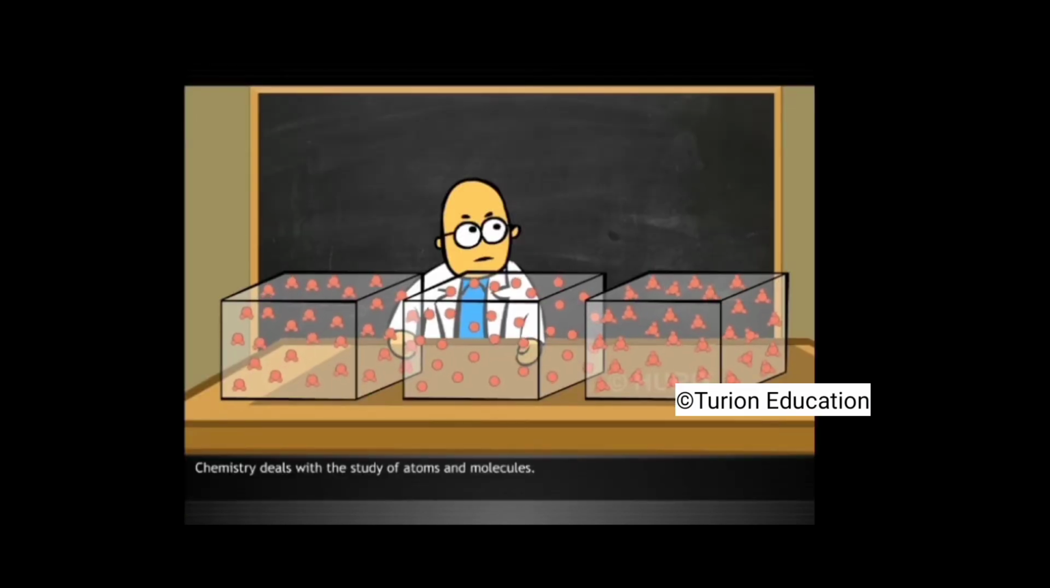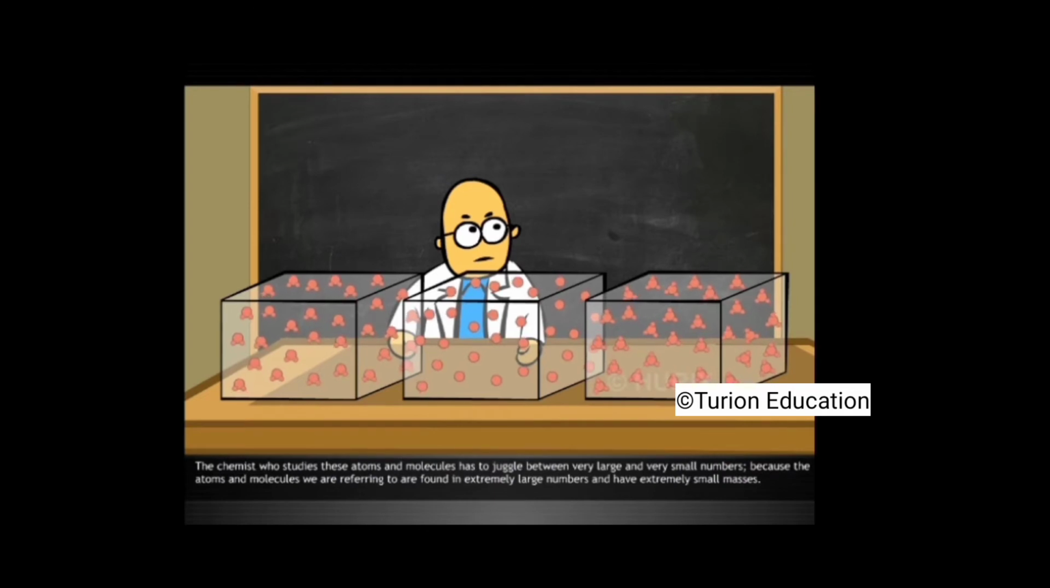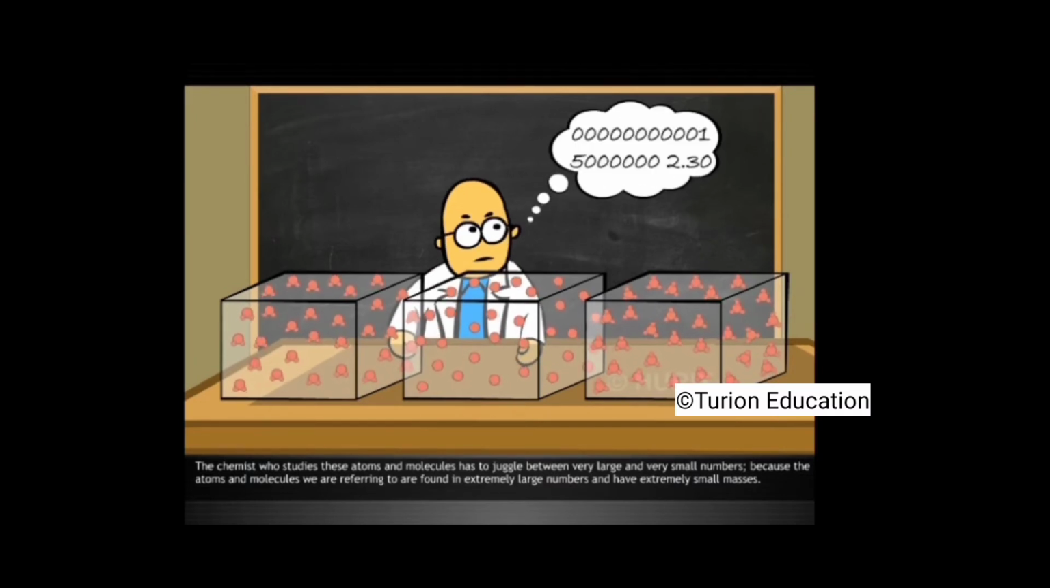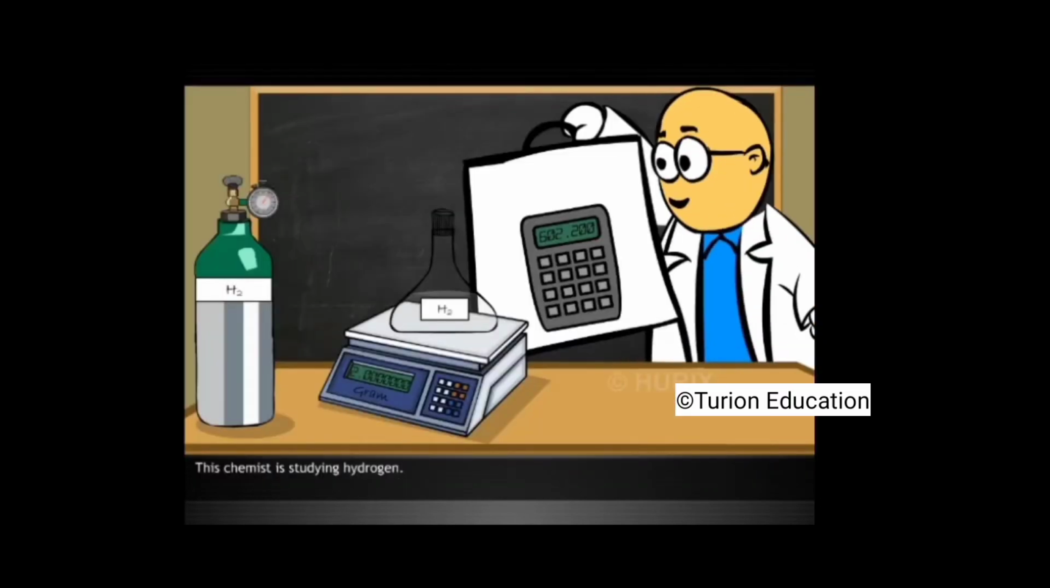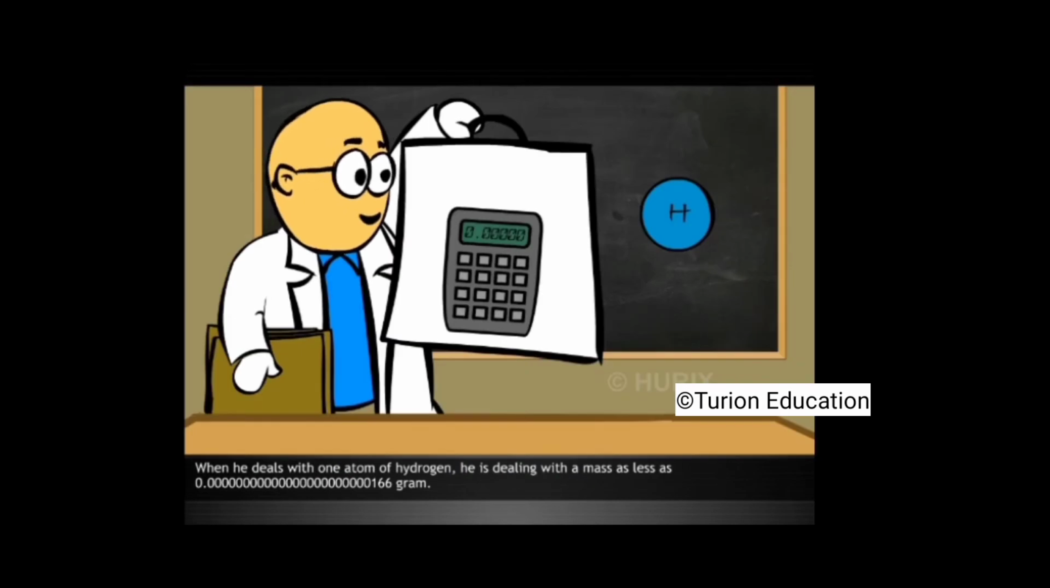Scientific notation. Chemistry deals with the study of atoms and molecules. The chemist who studies these atoms and molecules has to juggle between very large and very small numbers, because the atoms and molecules we are referring to are found in extremely large numbers and have extremely small masses. This chemist is studying hydrogen. The chemist is confronted by as many as 602 sextillion, 200 quintillion molecules in just 2 grams of hydrogen gas. When he deals with one atom of hydrogen, he is dealing with a mass as less as